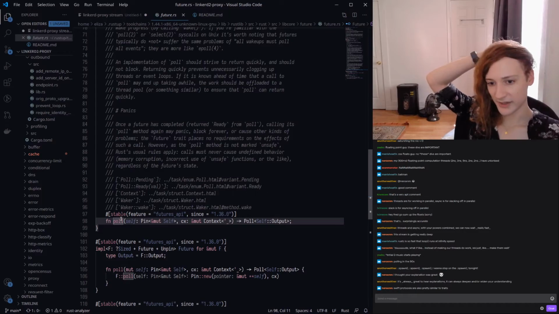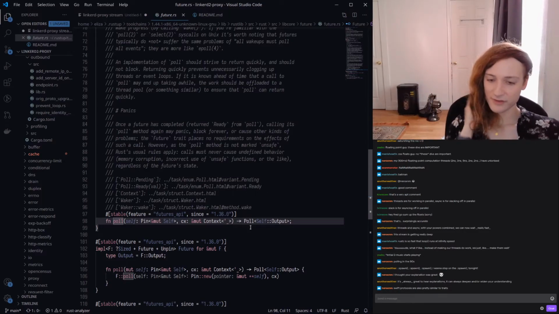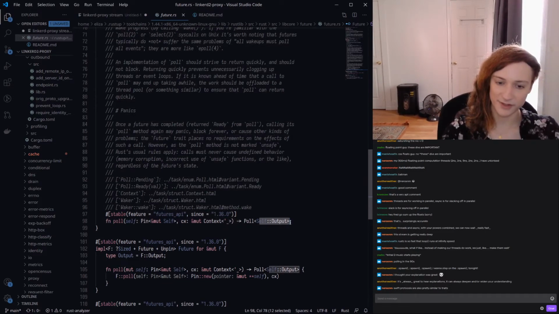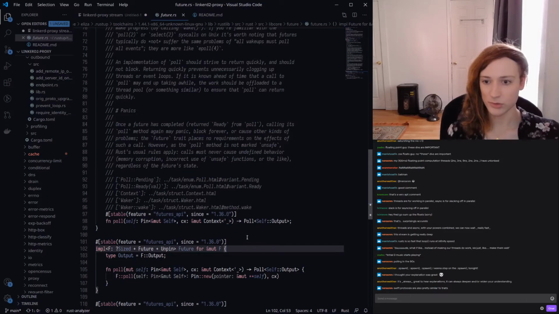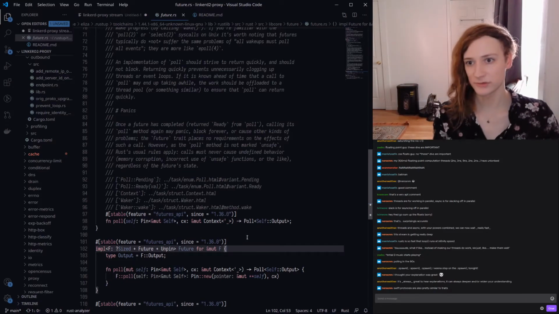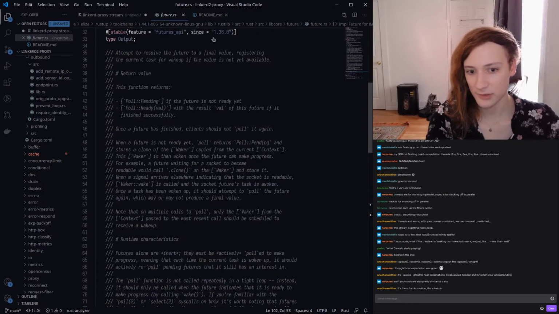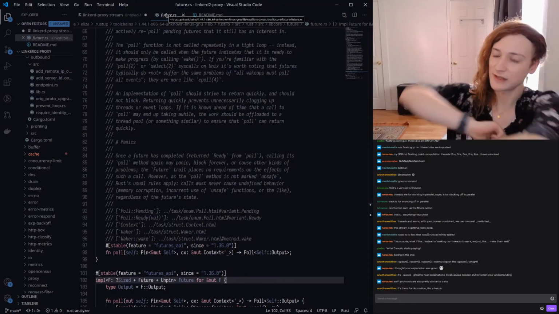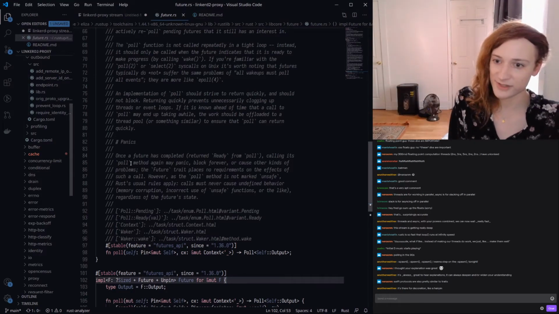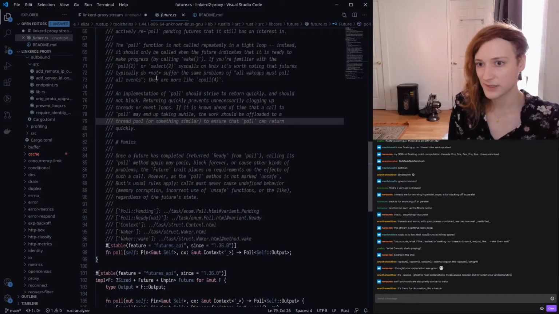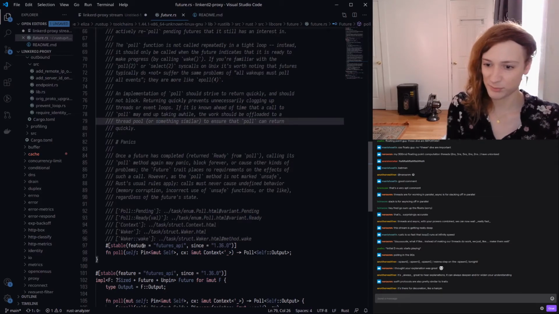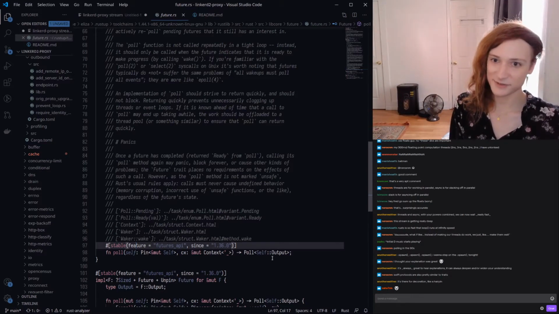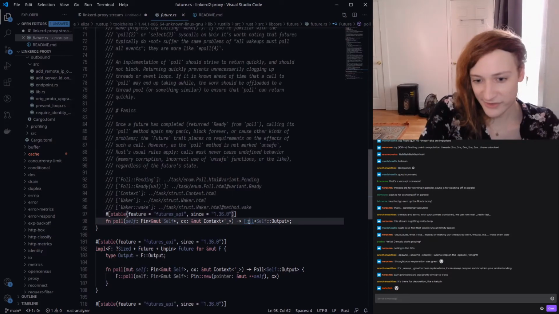So we have this poll method, and we can look at this and we see that it returns something called a Poll. And the Poll is parameterized over the value of the associated type Output. So this Poll, we don't know what this Poll is yet. I see that there's a large pile of documentation here that I'm not going to read because I never read the documentation. So we can just throw out that giant comment. You see how it's like a grayed out sort of color that's not as bright as the actual code? Yeah, that's because nobody reads that nonsense. Just ignore that. It's great because it's less important. Instead, we just look at this thing. What is a Poll?